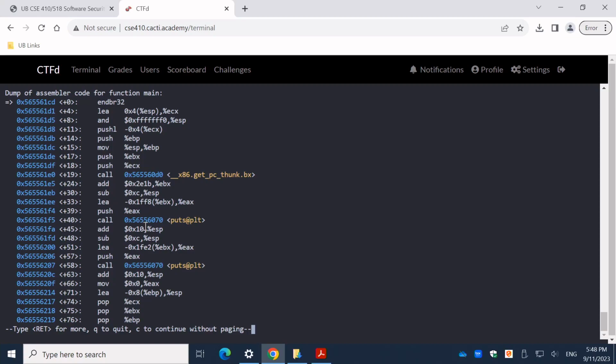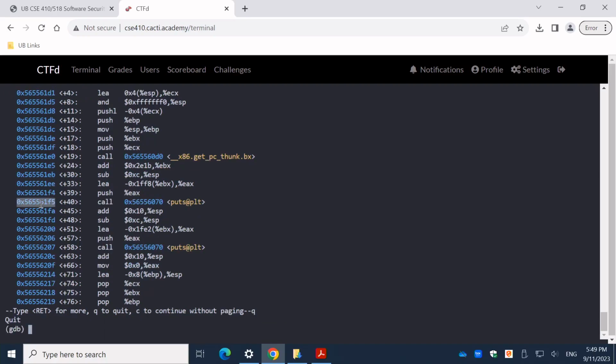The reason is lazy binding. The first time we call into printf, the program doesn't really know where printf is. It's going to call into the C library stub to figure out where printf is, then continue the call to printf. The second time the C code calls printf again, the program already knows where it is, so it will call that directly. So to do that, let's set a